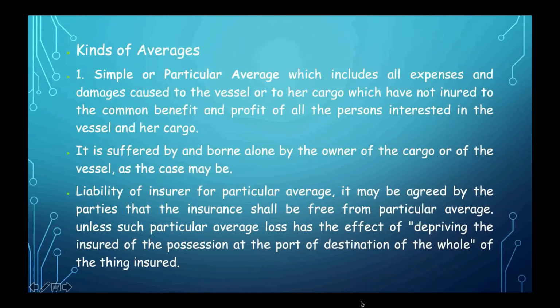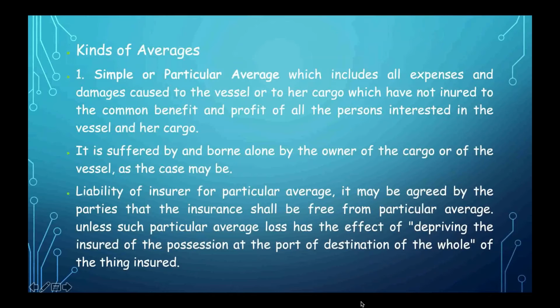These are the kinds of averages. First is the simple or particular average, which includes all expenses and damages caused to the vessel or to her cargo which have not inured to the common benefit and profit of all the persons interested in the vessel and her cargo. It is suffered by and borne alone by the owner of the cargo or of the vessel, as